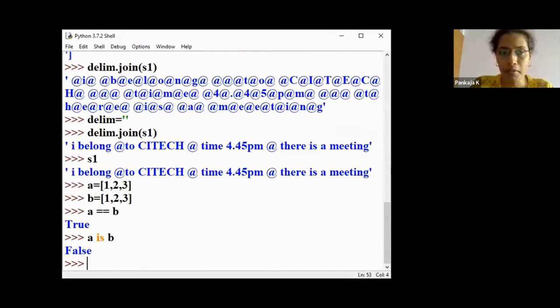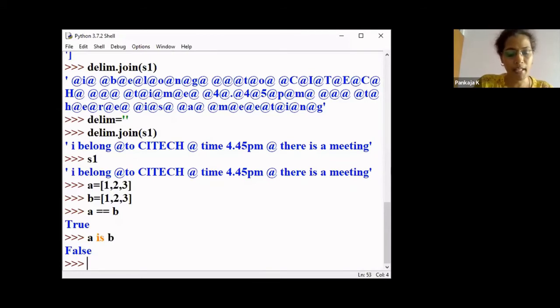We already know that in Python everything is treated as an object, right? So we need to check whether A and B refer to the same object or not. How will we come to know?